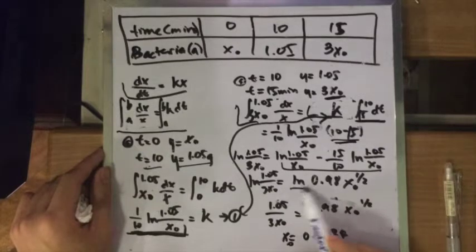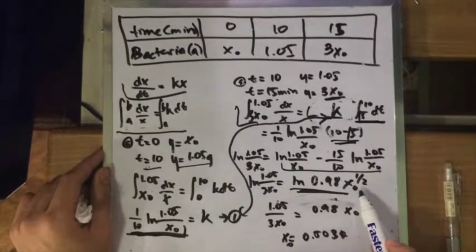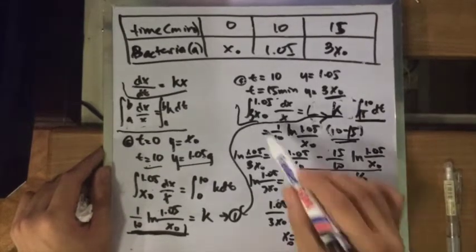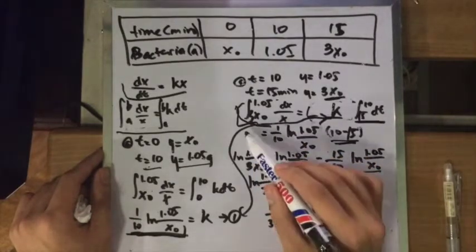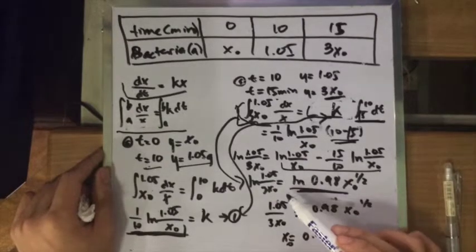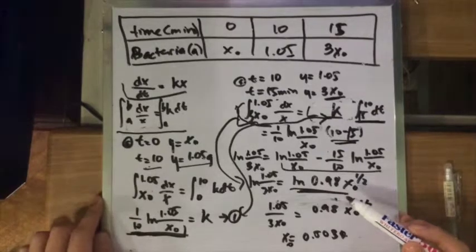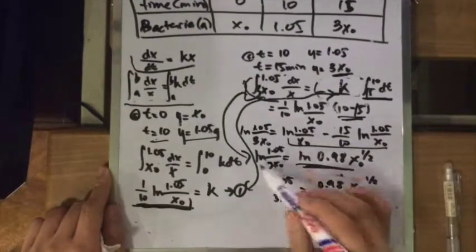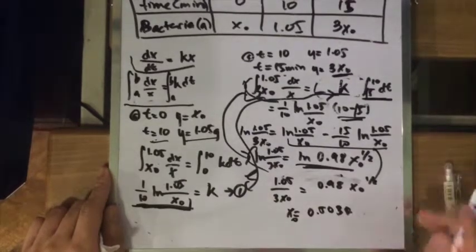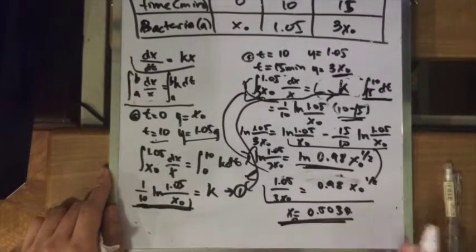And this would give us a result of ln of 0.98 multiplied to x sub 0 raised to 1/2 is equal to the integration of this one, which would give us ln of 1.05 over 3 times the initial amount, or 3 times x sub 0. We would raise everything by e, so that we would get this. Then solve for x naught, we would have 0.5034